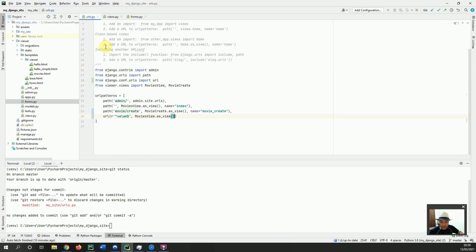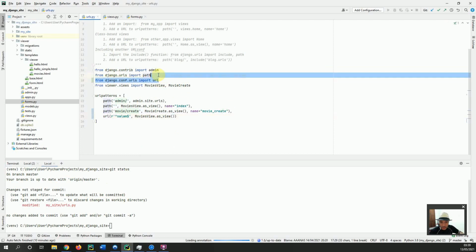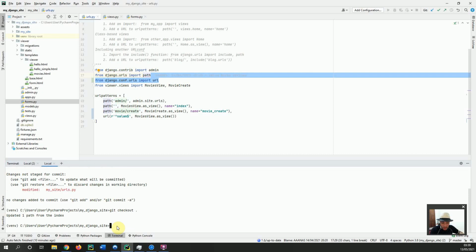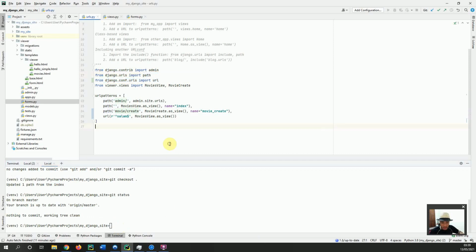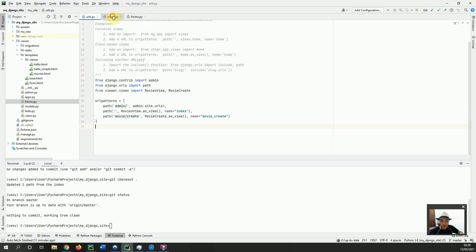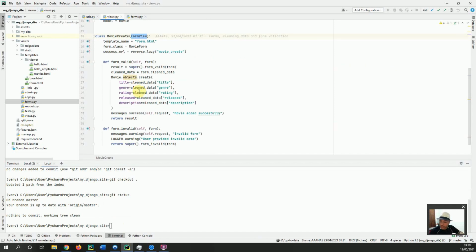Let me just check what's happening in this URLs. So I don't need this. I can remove it, or I can do a git checkout dot, so to reverse back to the origin, to the master state. So let's see git status. Okay, if I click here, this file will change. Okay, very good. So now I want to use